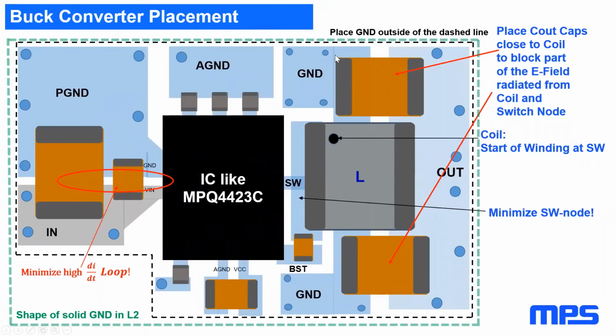You see this black dashed line. This is an area that separates the DC-DC converter block from the rest of the PCB. So it's kind of a fence that tells us inside this block we have noise, and everything outside should be kept clean and separated. In green, you see the shape of the DC-DC converter ground reference block in the layer underneath, so with less than 100 micrometer distance. This area should be larger than the topside area.